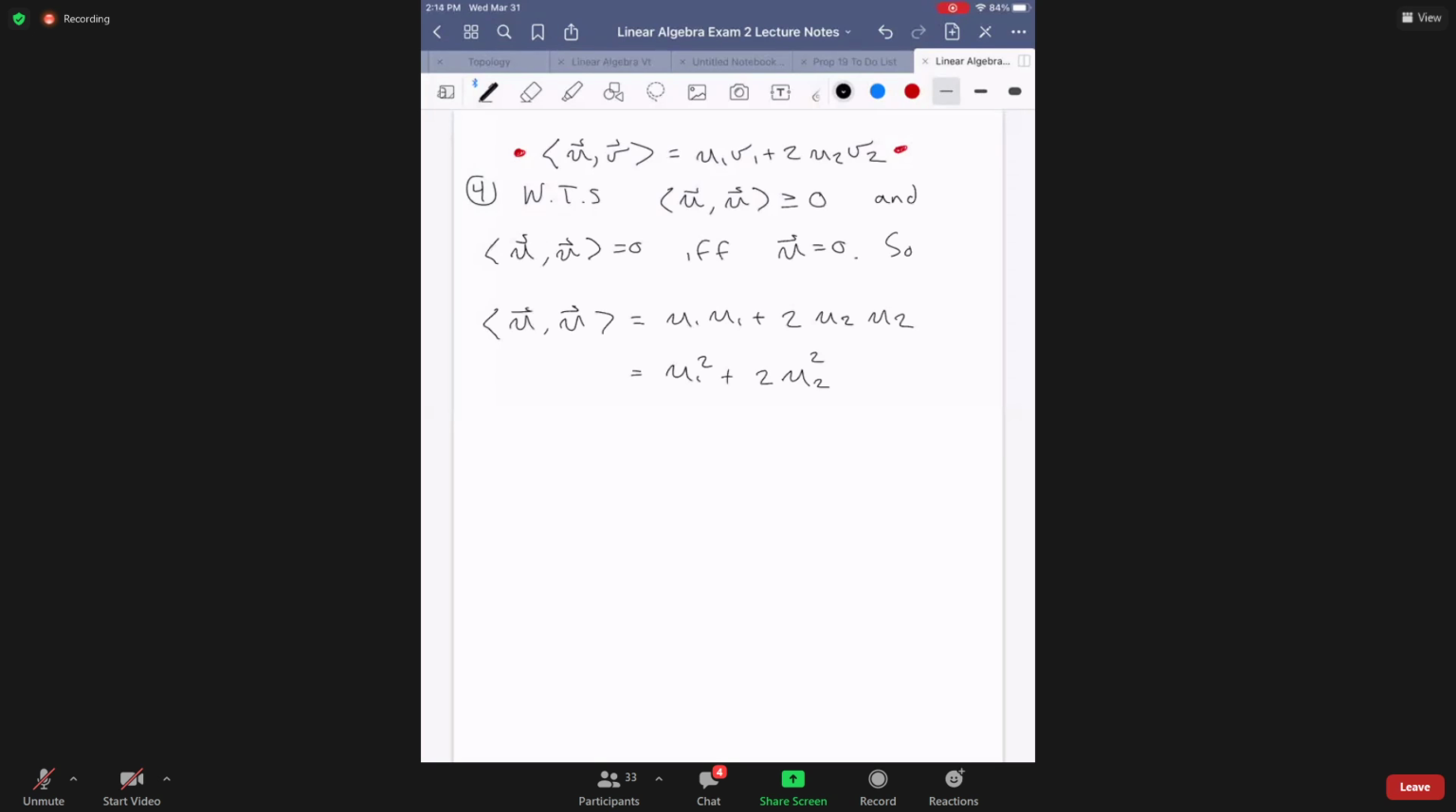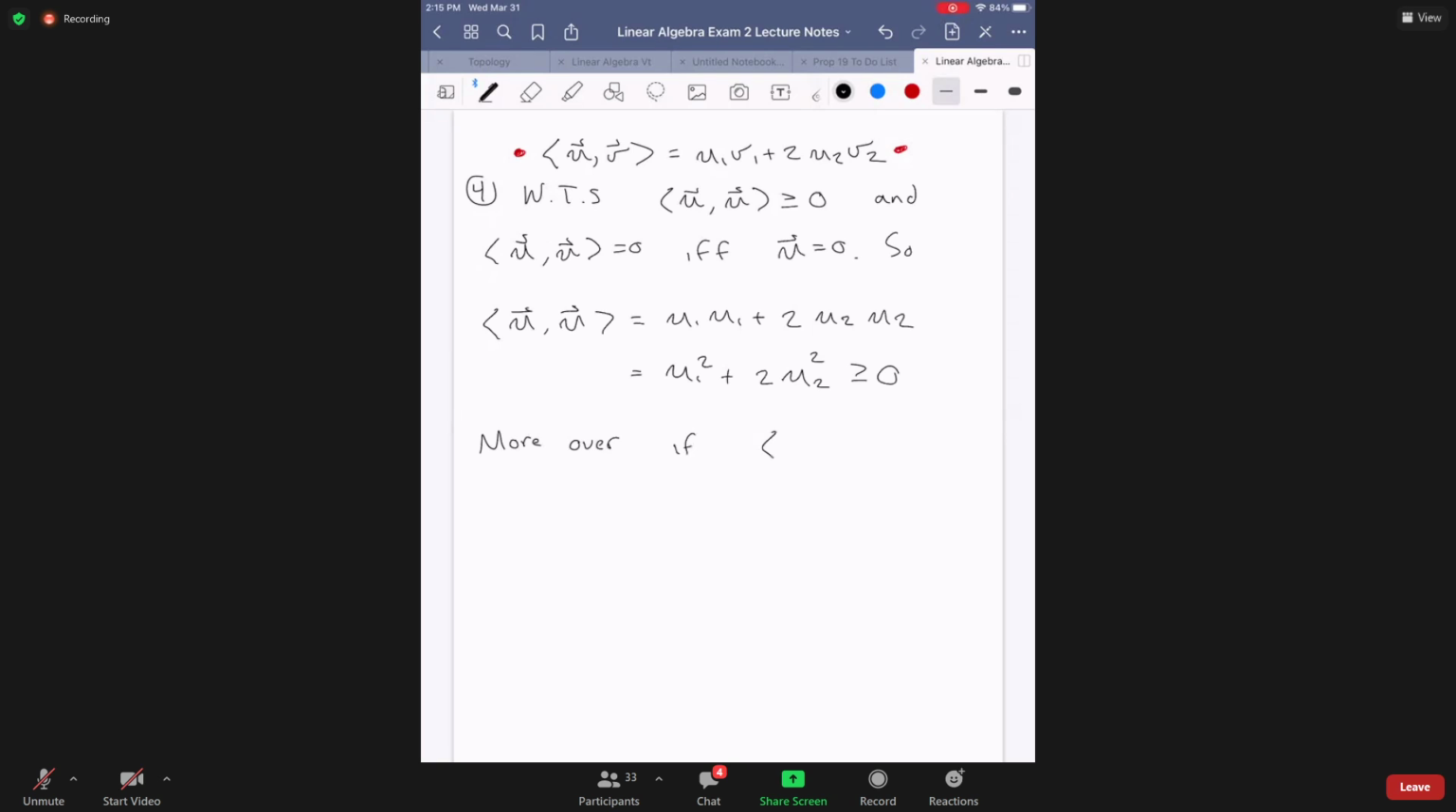Yeah, exactly, right? It doesn't matter if the components are negative or positive. Any real number squared is always going to be positive, right? So a positive number plus a positive number is always going to be positive. So this is definitely always greater than 0. So now, moreover,